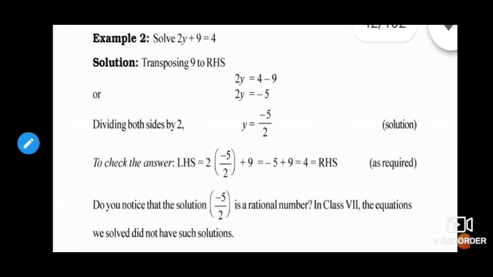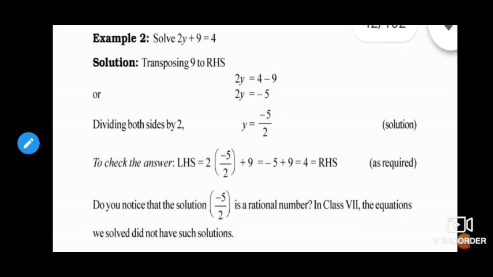Next is the transposition method. As I told you, before going to explain the transposition method, children, first we have to see that transposition means we send the constants from this side, the left hand side, to the right hand side. How we send: for example, if it is an addition, then if it goes to that side, it will go as subtraction. If it is a subtraction here, if it goes to that side, it will go as addition. That means addition and subtraction are opposites.